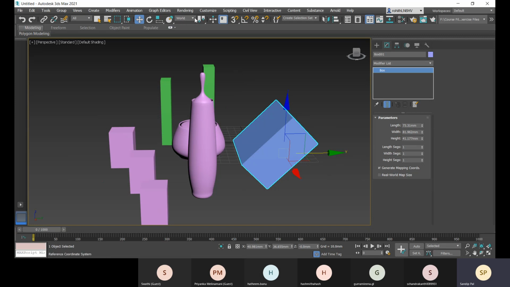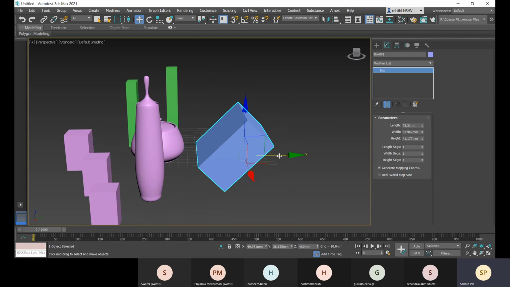Click on it, and here you can either align it as per the view. So as per the view, it will be aligned. This is all okay. And as per the screen, it will always be Z towards you, okay, X at the right side and Y at the top.